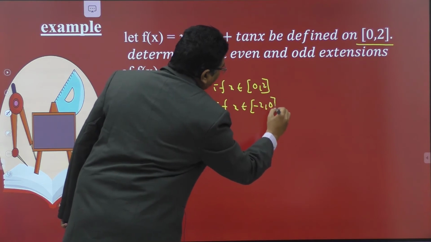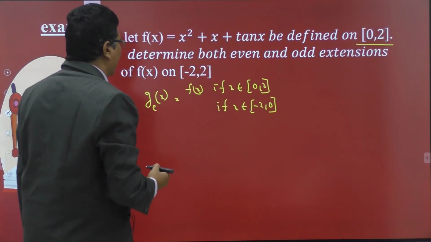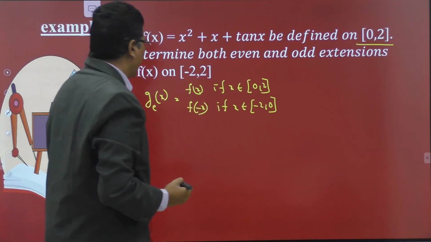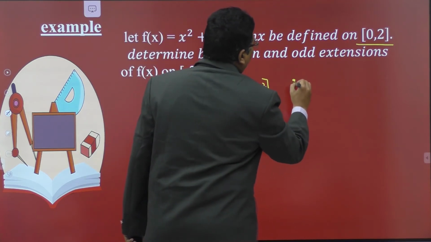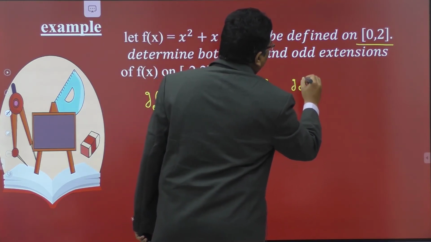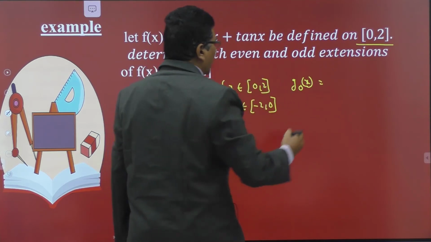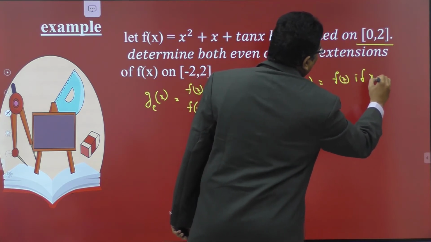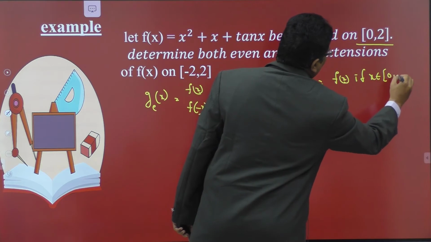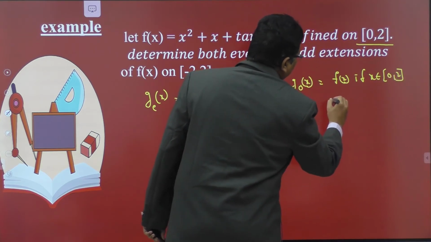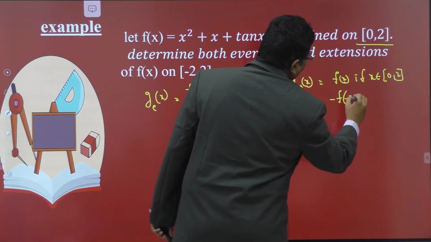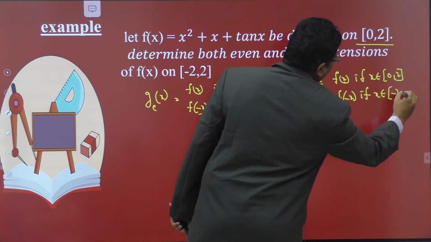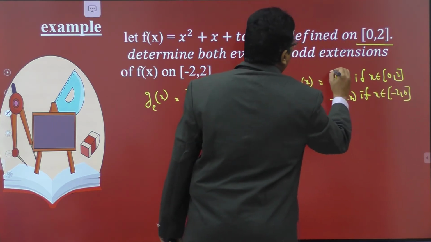Now the odd extension of f can be defined like this: it is equal to f of x if x belongs to closed interval 0, 2, and minus f of minus x if x belongs to closed interval -2, 0.